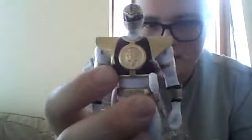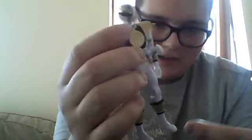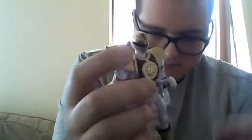Visor, nice black. The tooth, yeah, it's one there, but it should be having a line going down the middle, because it was split teeth on the actual suit. You got everything, and none of it is,